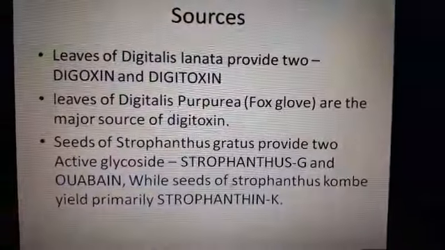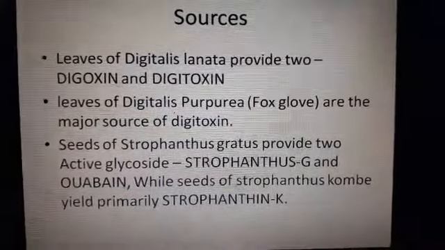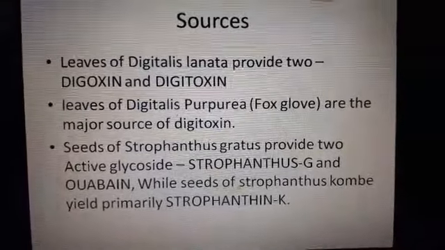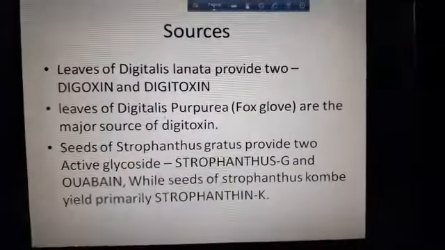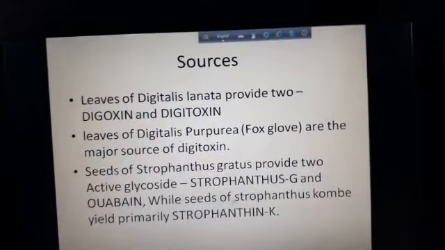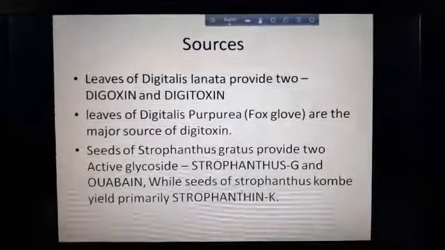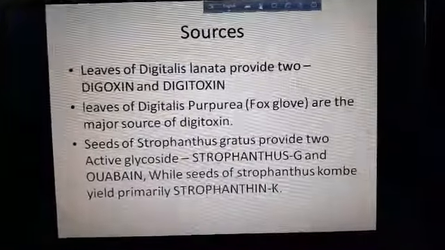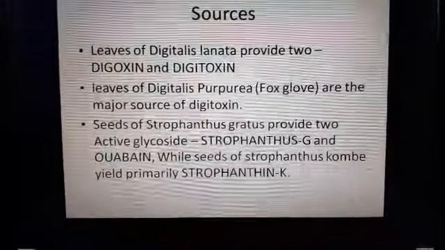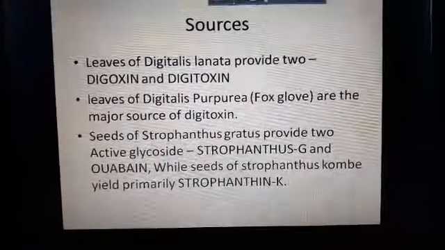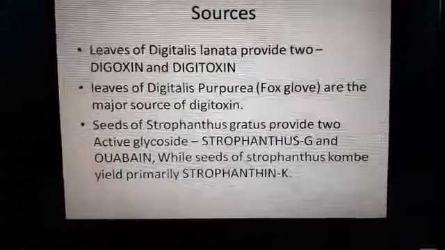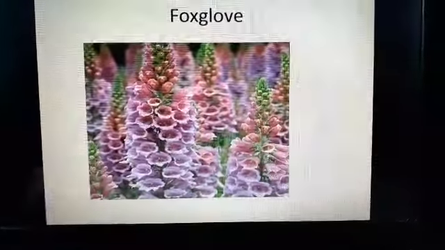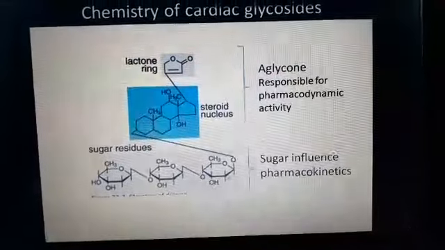Leaves of Digitalis lanata provide this molecule. This is obtained naturally. Digoxin and digitoxin. Leaves of Digitalis purpurea or the foxglove are the major source of digitoxin. So Digitalis lanata and Digitalis purpurea, these are the two sources of the cardiac glycoside. From Digitalis lanata we derive digoxin, and digitoxin can be obtained from Digitalis lanata as well as Digitalis purpurea. Also there are two other agents which can be called cardiac glycosides like strophanthus G or ouabain. So this is the foxglove tree, that is Digitalis purpurea, from which you can have digitoxin, though commonly digoxin